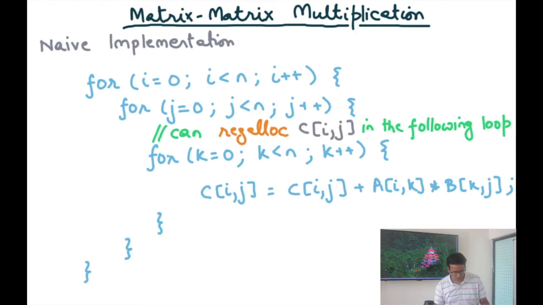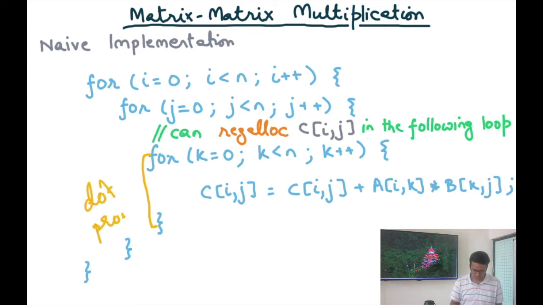All right, so let's understand, in this context of the caching hierarchy, the implementation of the matrix multiplication that I showed you in the first slide and its performance. So once again, it's a triple nest: for i from 0 to n, j from 0 to n, k from 0 to n, C[i][j] equals C[i][j] plus A[i][k] star B[k][j]. And this last loop here is basically implementing a dot product, right? Dot product between the ith row in A and the jth column in B.